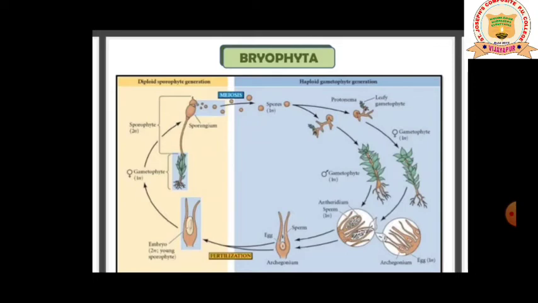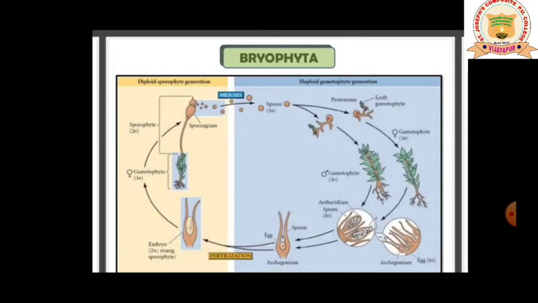So my dear students, have a look at the picture. It is given in your textbook, page number 34, figure number 3.2. All the examples of bryophytes are given. You can have a look in your textbook also. It is very clear. So bryophyte produces a male sex organ called antheridium, which produces biflagellate antherozoids, and a female sex organ called archegonium, which is going to produce a single flask shaped egg. Please do remember, flask shaped. Archegonium is flask shaped and antherozoid is biflagellate, for the point of competitive exams.